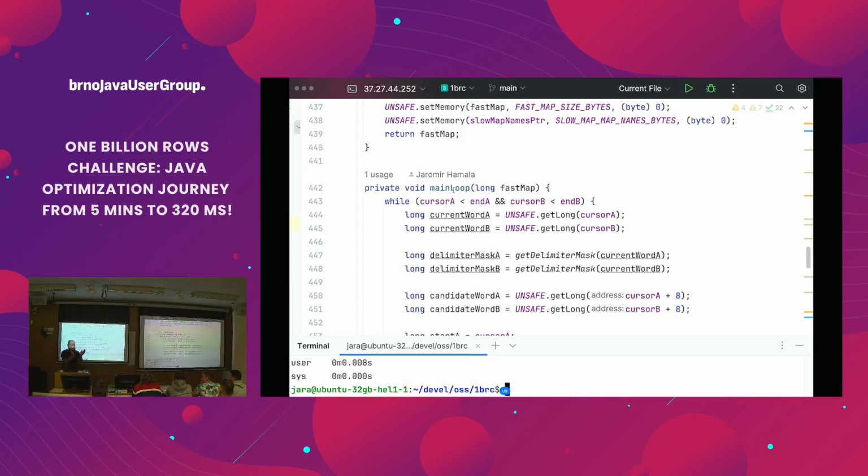The CPU cannot use much parallelism because it cannot parse the temperature until it knows where the temperature is. So my realization was, what if each thread is processing two independent chunks in parallel?